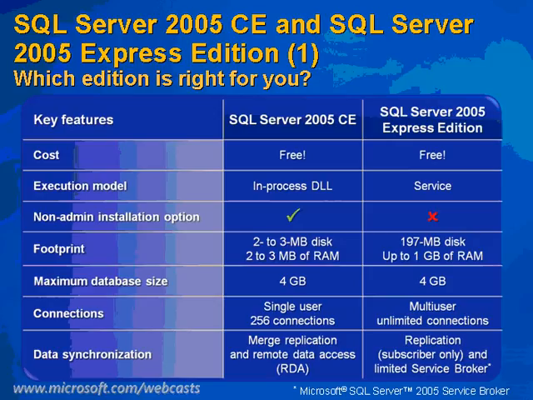The footprint, the download on the disk for the binaries, is about 2 or 3 meg, whereas the Express Edition is 197 meg. And while it's running, it could take up 2 or 3 meg of RAM, so it's very small, targeted mostly for the mobile or small desktops, whereas the Express Edition has a cap of 1 gigabyte of RAM. I just want to be clear here, if your application requires more than 1 gig of RAM in order to